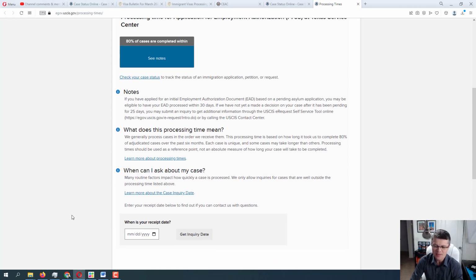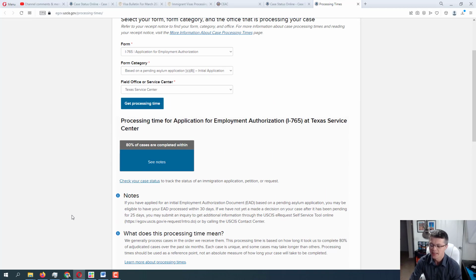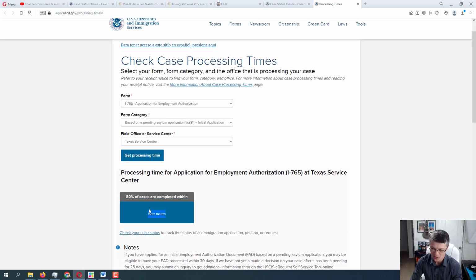Sometimes, I actually got a comment the other day that the person was not able to submit the case inquiry because it was saying that the application is still within the processing time, and that's a bug on the USCIS side. Why? Probably because they don't have an actual number yet. So for however long your application is pending, you won't be able to submit the case inquiry.